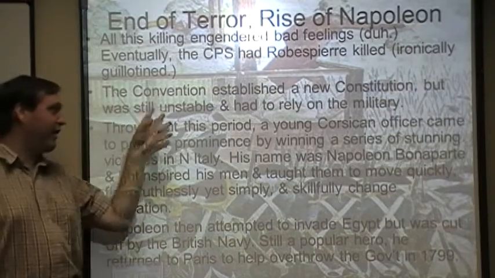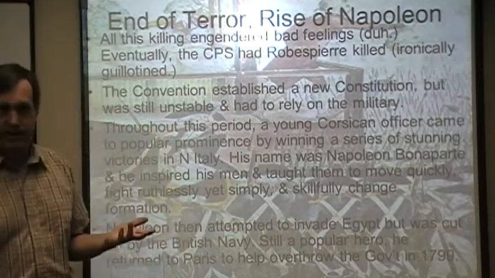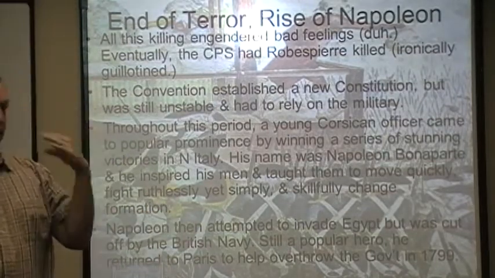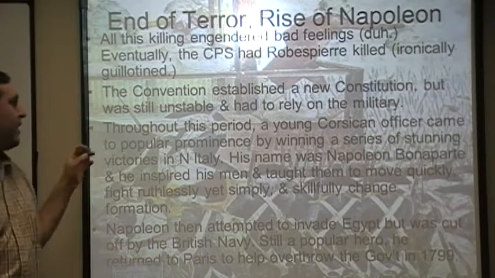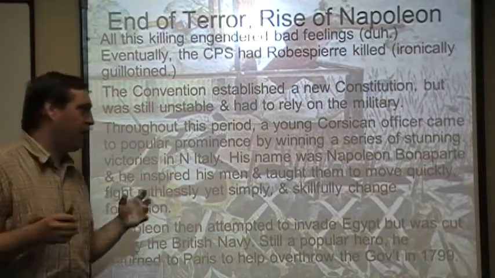But the government is still very, very unstable, and the only reason that it really stays in power is because the military, these guys with the guns and the cannons, are able to keep any coup attempt off their backs. Now, we got to back up a little bit and go outside of Paris to understand what also is going